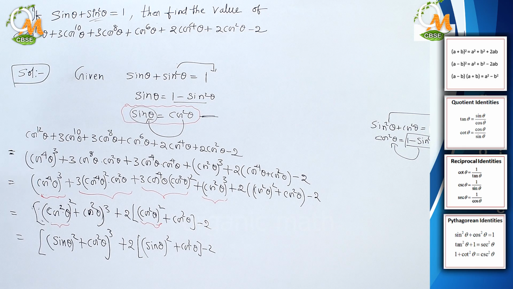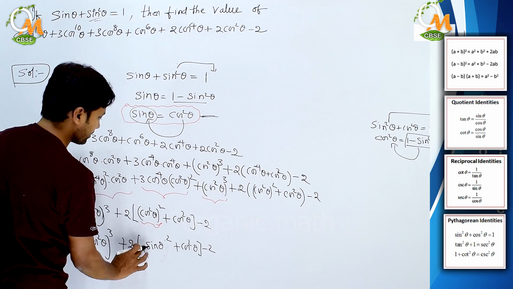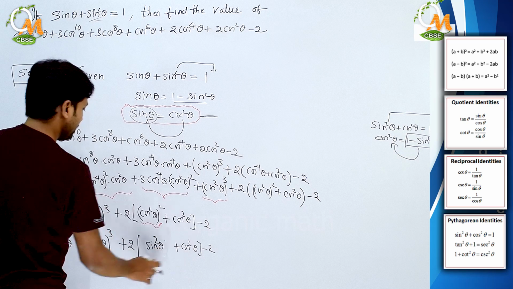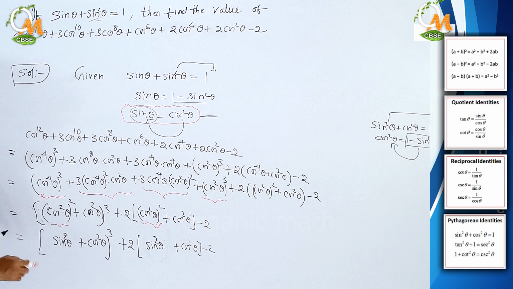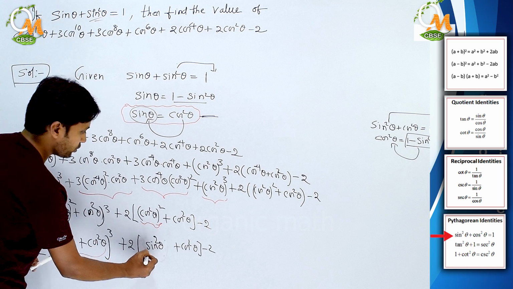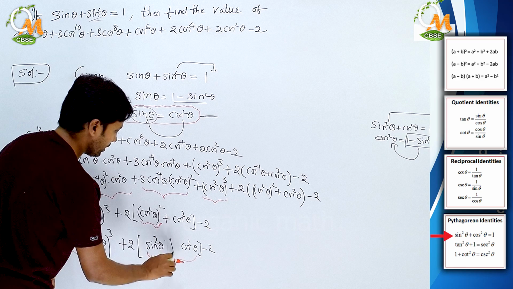We obtained it like this. Now let me tell you one thing, sin theta whole square means, is it sin square theta or not? We can write here sin square theta, and here also sin theta whole square means sin square theta, or not? Yes, it is sin square theta. Now just see, what did you observe? Inside this bracket we are getting an identity, and here also are we getting an identity or not? Yes, and this is plus in between.